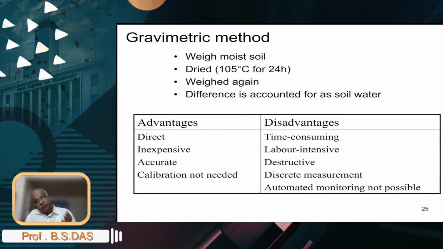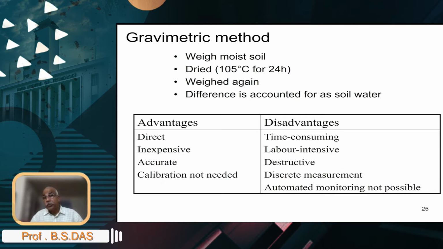Of course, you could take a sample in a nearby location, but because of the variability of the soil that we discussed, it may not be possible for you to have the exact same nature of how soil wetness changed over a period of time. So it's a destructive measurement, which makes it inconvenient